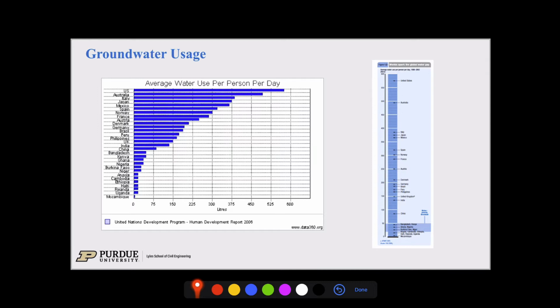Again, if you look on the left-hand side, in the US we consume more than 10 times as much. Then you can go down the list of all the Western countries mostly. If you look at the bottom here, those countries are basically at the water poverty level. On the right-hand side is the same data, just presented in a different way. These data are from the UN, the Human Development Report from 2006 on the left, and the FAO 2006 report on the right-hand side.